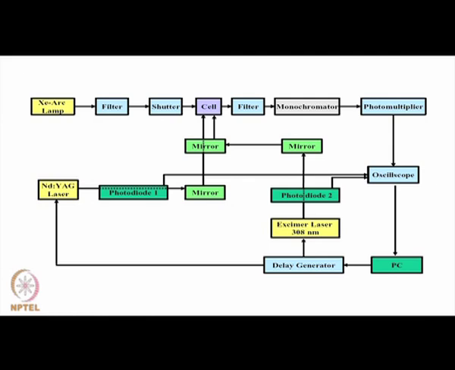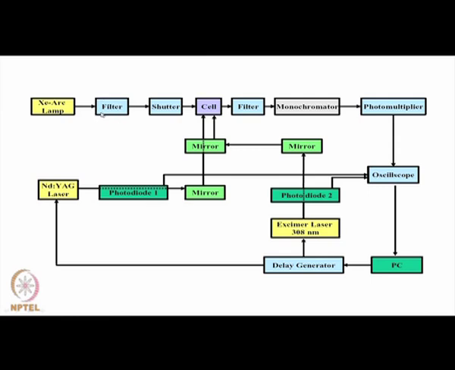It is the modified version of just flash photolysis, in which, in place of flashlight, laser light is used. Okay. A laser source is used, light amplification by stimulated emission of radiation. So, here what is happening is that this is your sample where your molecules are. Okay. This is the xenon arc lamp that is used for your probe beam. It is weak, it is not as intense as your laser. So, you have got your cell over here having molecules,